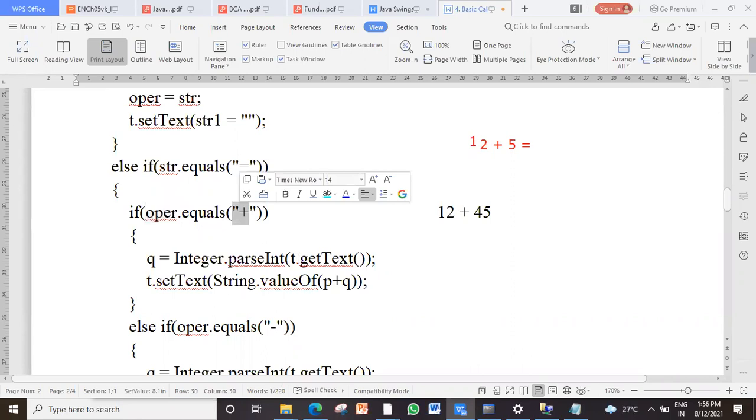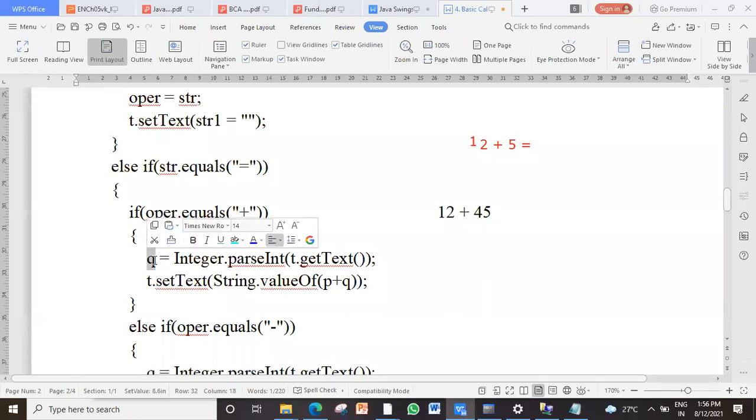If operator is equal to plus, now the second operand which is there in the text field, that 5 will be there in the text field now. That will be converted to integer and it will be brought to Q. So now first operand is in P, second operand is in Q.